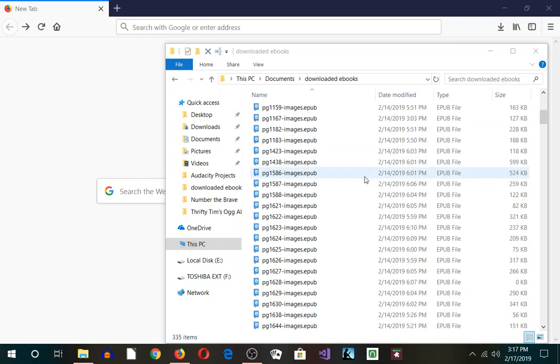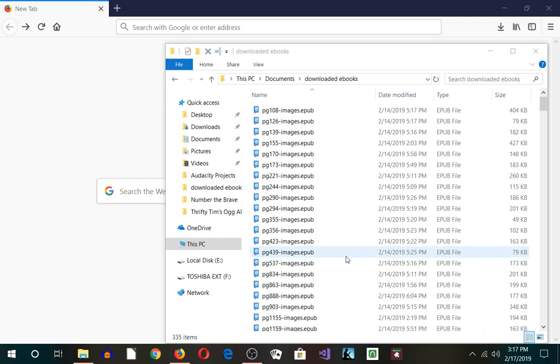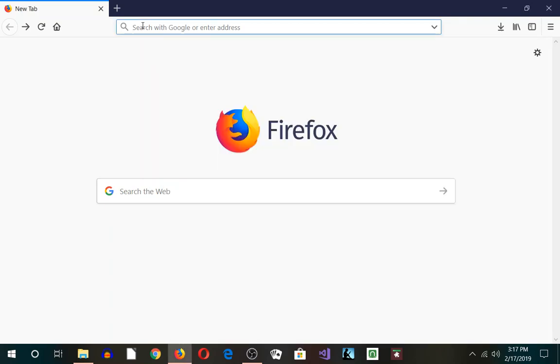But you notice, you can't tell what book's what here, because you just see PG numbers and dashed images, .epub. So you ask, how can you find ways to tell what they are? Well, there's some software out there that's made specifically for doing stuff like that. It's some ebook management software called Calibre, and it's open source, it's free software,